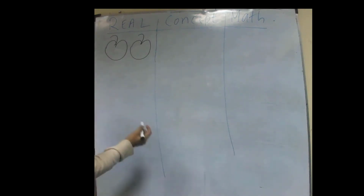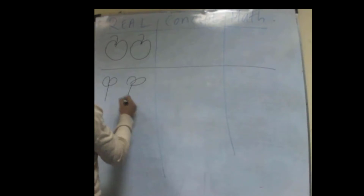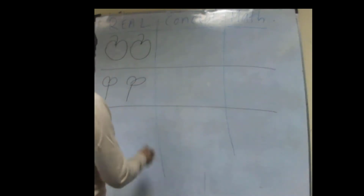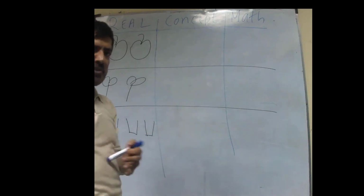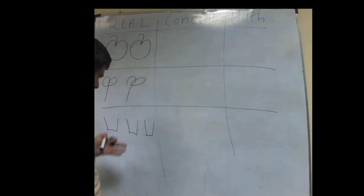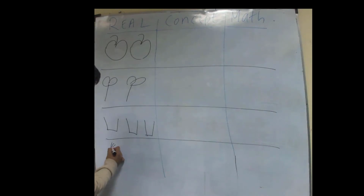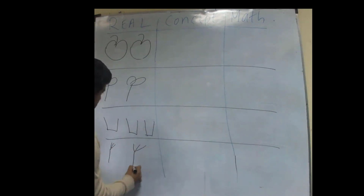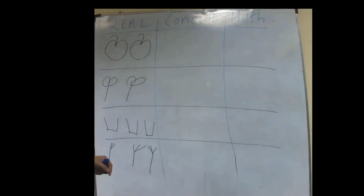And similarly, here I can start with a few flowers, and say here I start with a few glasses. And for shortage of time, I'm only giving 2 examples. You can imagine many examples. Maybe I give one more example here, and that is, let's say, 2 forks, yeah? And I have